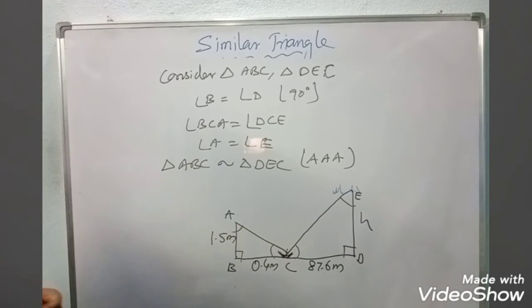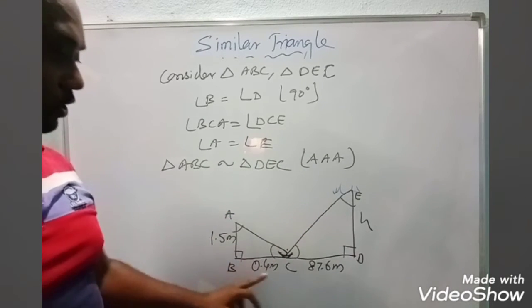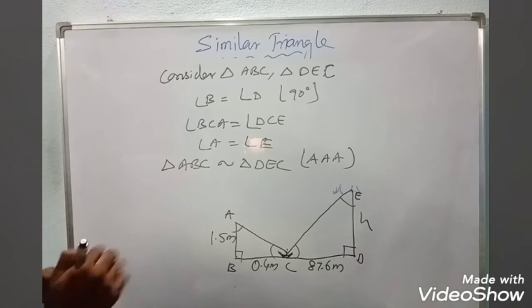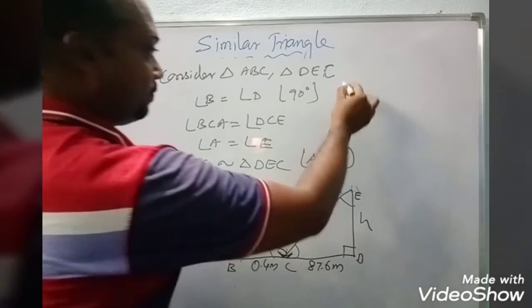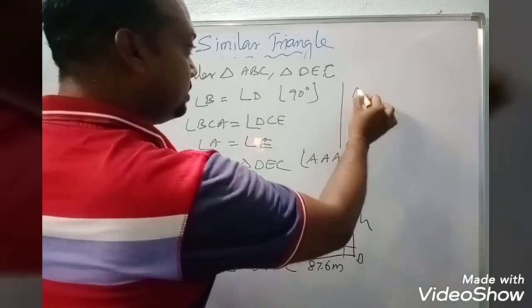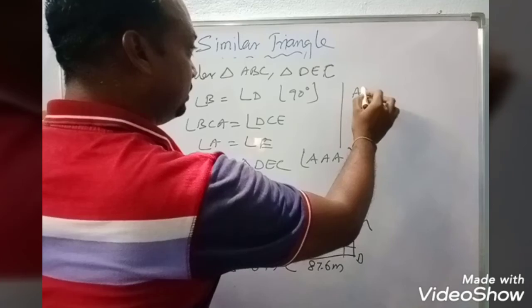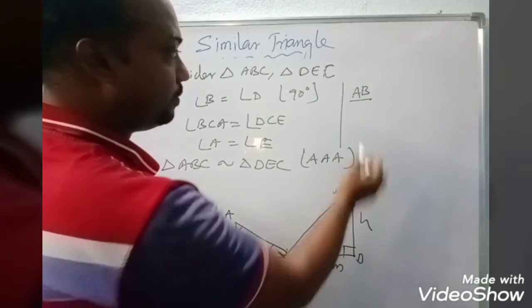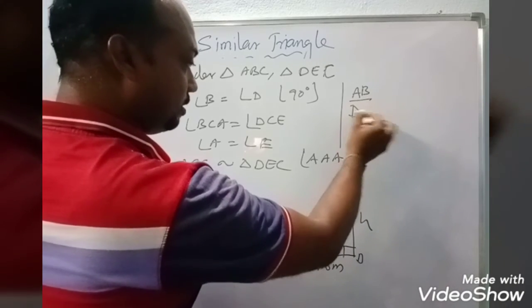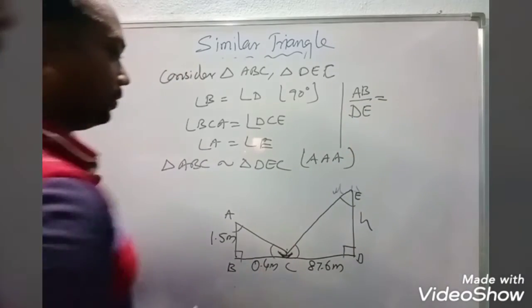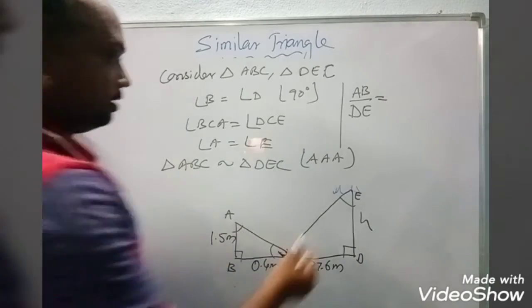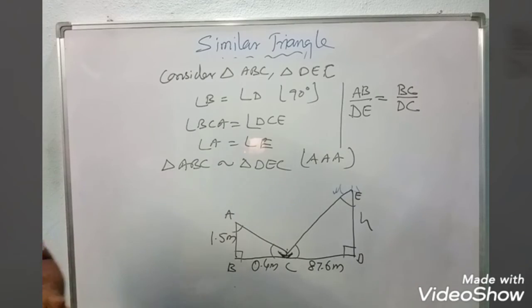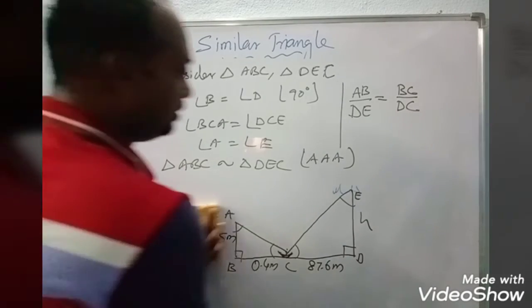If these two triangles are similar to each other, then their corresponding ratios of heights are equal. Right, now how to write the corresponding ratios here? So I can write this as AB, meaning height of the person, divided by the height of the tower, is equal to, next, the distances, that is BC by DC. So this is your ratio. Now based on this ratio you have to find your values.